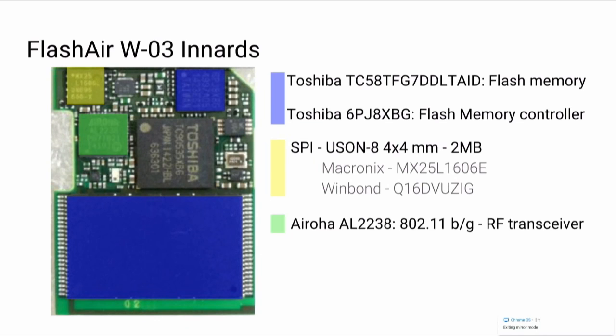In green, that's the 802.11 RF transceiver, so that's the physical layer for the Wi-Fi. It's named AL2238. So this name is really important, keep it in your mind, and we'll use it later. And finally, the red component is a SoC, a system on chip from Toshiba. It's named TC90-535XBG. So if you search for this part online, you will not find a lot of results.